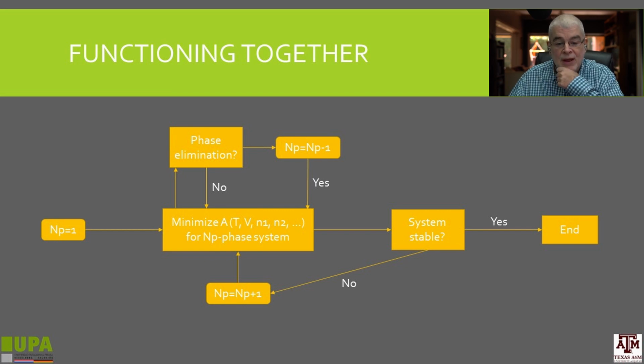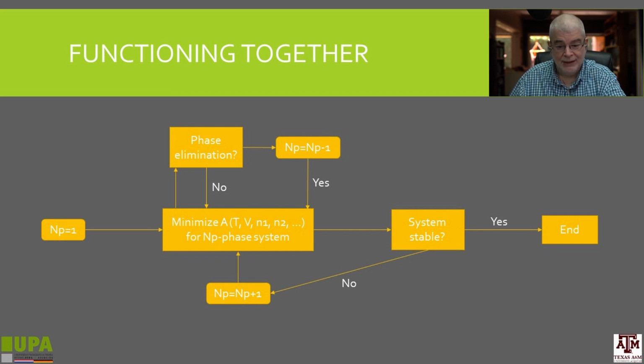As, for example, a flash algorithm that would minimize the Helmholtz energy, accounting for the possible inclusion or exclusion of phases. And the traditional way of doing these sorts of calculations is, you start with a number of phases. I put here 1 because if you have a system with chemical equilibrium, you need to minimize the Helmholtz energy for a single phase chemical equilibrium. If you do not have it, then you don't need to minimize the Helmholtz energy for a one phase system because there is no alternative. But either way,